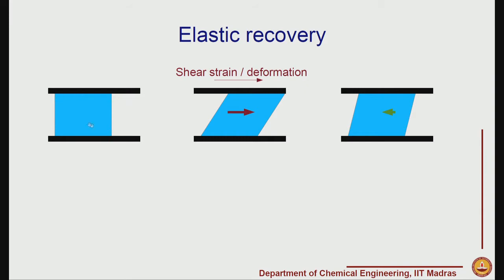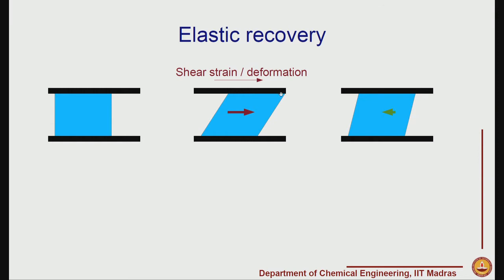If we take a fluid between two plates, and let us say we impose a shear strain, which implies that I just move this top plate a small distance, and so the overall fluid would also move, and then it would acquire a new shape because of this deformation. Of course the measure of this deformation is the angle by which the fluid has deformed, which is the simple shear deformation that we learn. Now, if we let go once the deformation has been achieved, then what happens is,